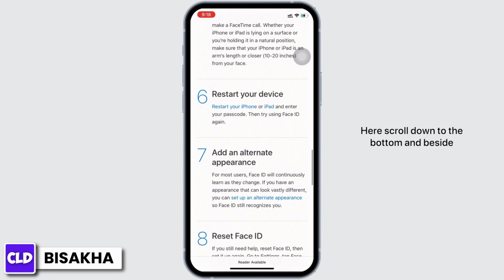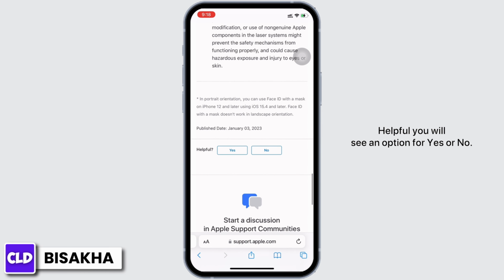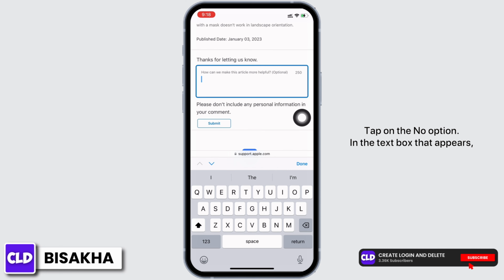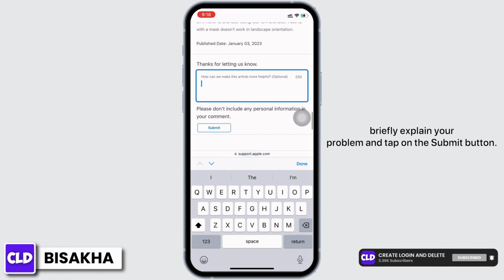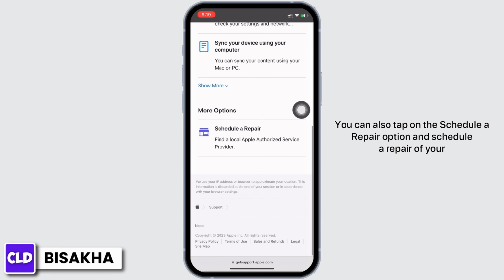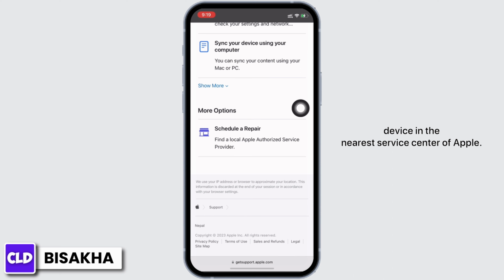Here scroll down to the bottom and beside Helpful, you will see an option for Yes or No. Tap on the No option. In the text box that appears, briefly explain your problem and tap on the Submit button. You can also tap on the Schedule a Repair option and schedule a repair of your device in the nearest